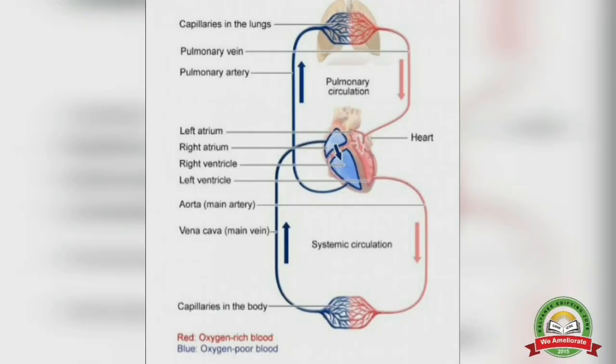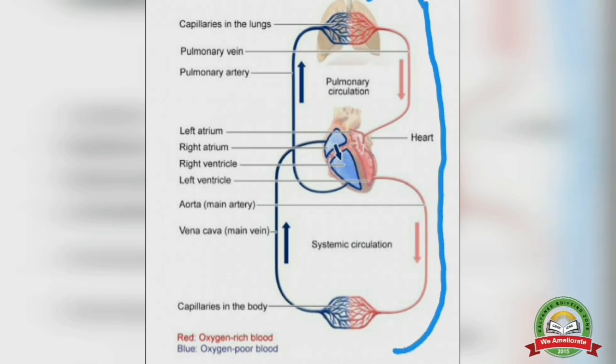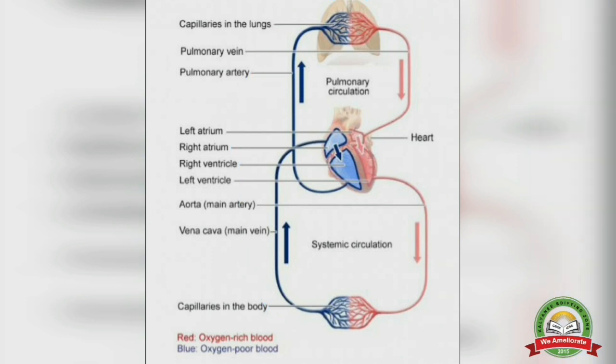I will try to explain this with a diagram so that it is easy. First of all, this is the circulation. The red color vessels and the red color part are for oxygen-rich blood, that is oxygenated blood, and this blue color part, the bluish color part, is for deoxygenated blood or carbon dioxide rich blood. Okay, so after getting utilized in the capillaries, it changes into bluish color blood, that is poor in oxygen. Fine, so let's come to the stepwise way of how the blood keeps on circulating.